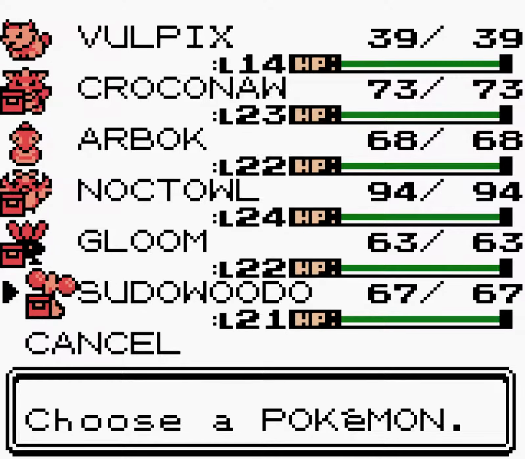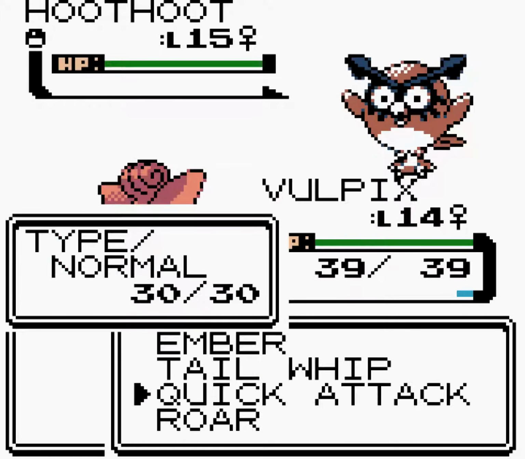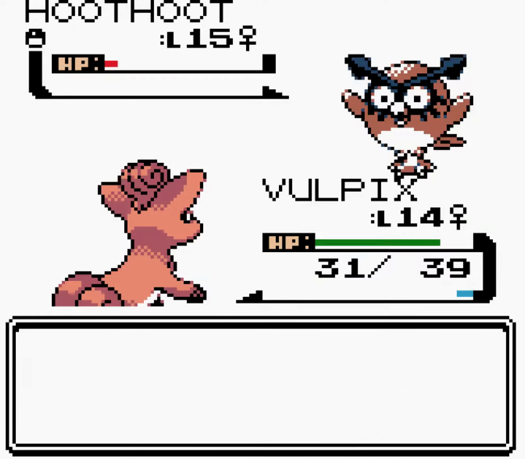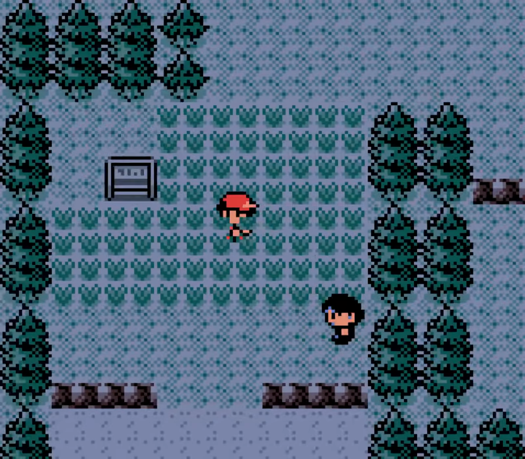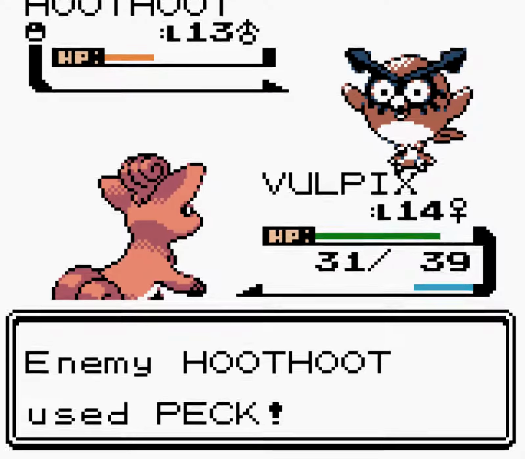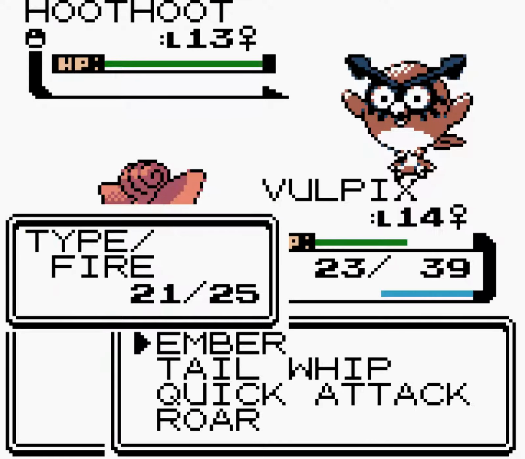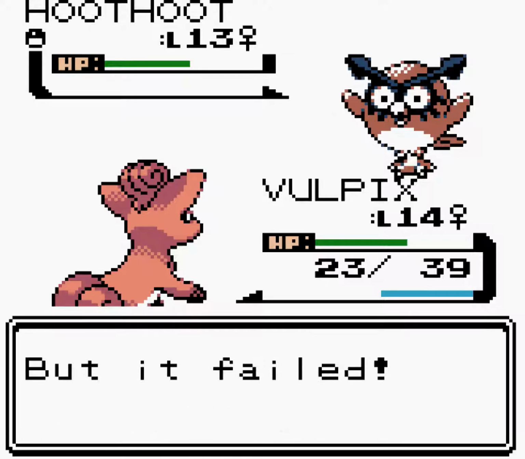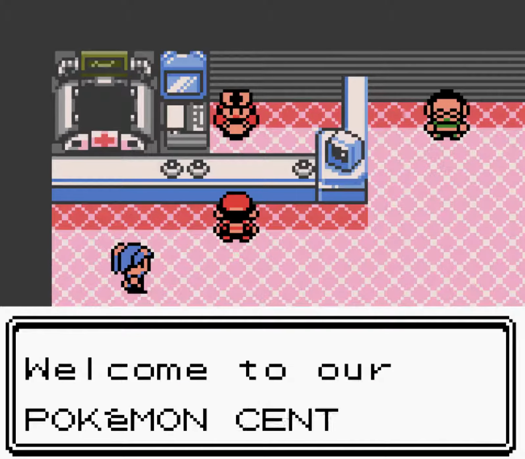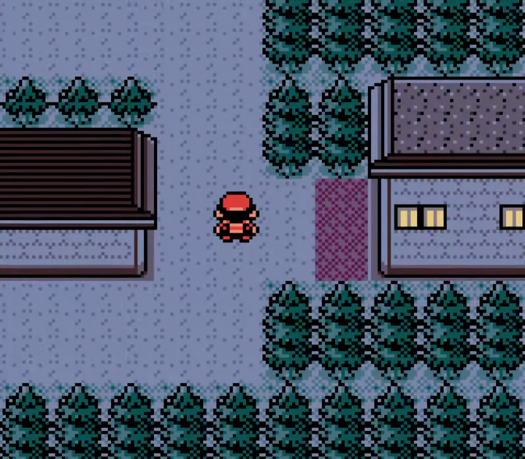Anyway, we'll swap Sudowoodo there, because Vulpix is easily my lowest level. Okay, another 5. Let's see if we can get a frickin' Stantler. Vulpix is going to need some good moves too at this rate. Maybe we can get something like Return or... Right, there we go. Yeah, we're just not getting any luck. Okay, no. We'll just leave it for the moment and we'll continue exploring this new city